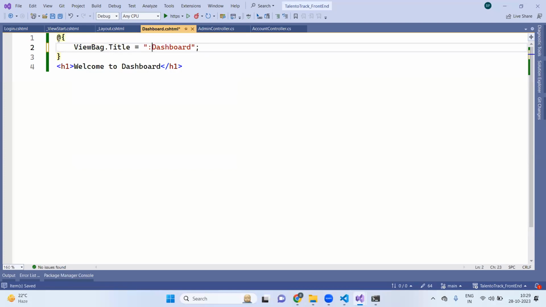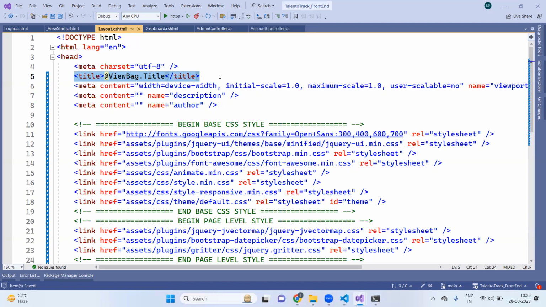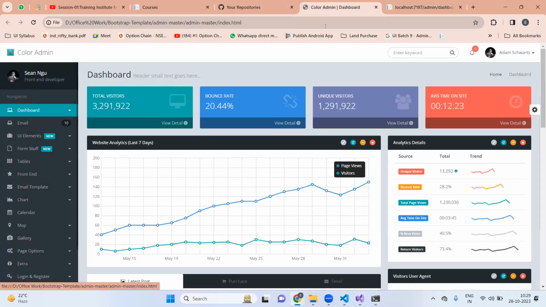Okay. So whatever value I assign here will get copied and pasted into the title tag of your other CSHTML page. This is your layout page, basically. So whenever you switch between multiple pages, this title bar will show the title of the currently open page in your